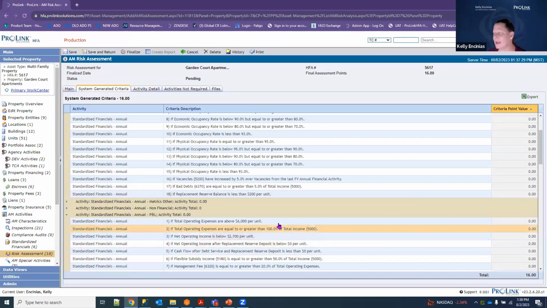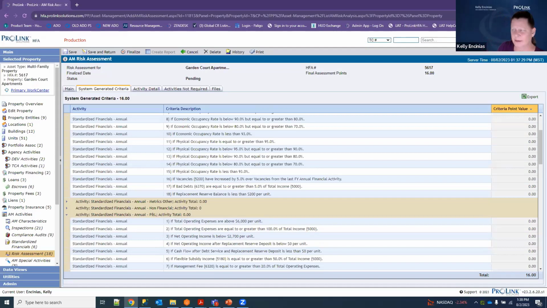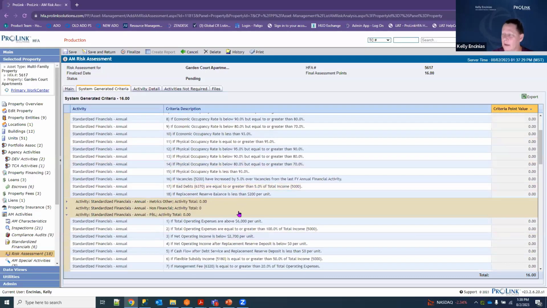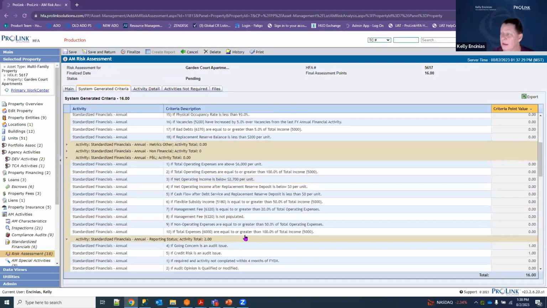Okay. So again, just a real life example to show how you can configure your risk model around your financials. And remember that there are quite a few criteria available for you all around annual financials, and including those in your risk model. Okay, so let's take a look now at an example